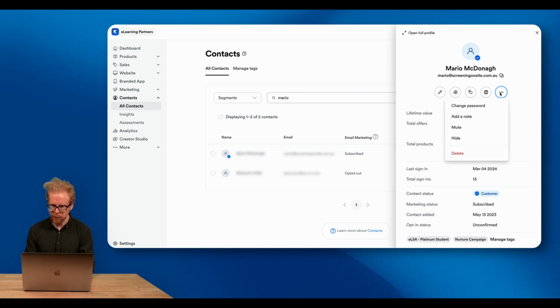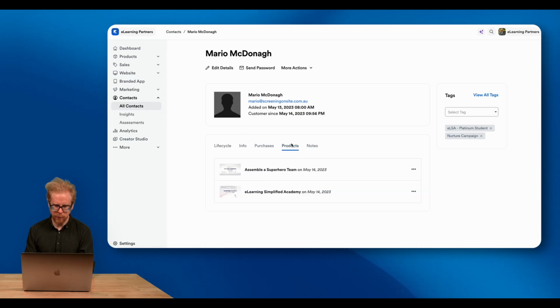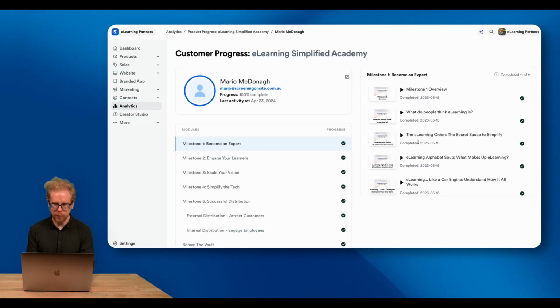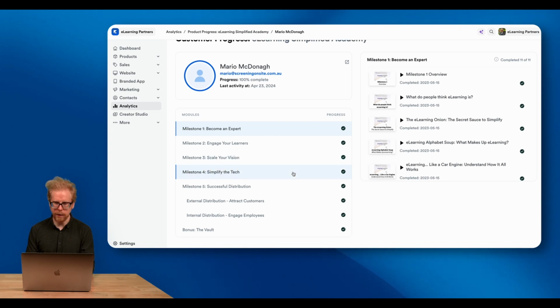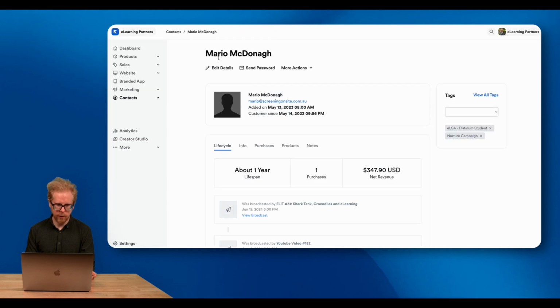I can look up product progress for particular students. You can also look at all of it, like all your products, all your students related to a product, their progress. But look, he's finished the whole thing, and he's gotten amazing results, okay? So that's awesome. Now, if I look at Jonathan,